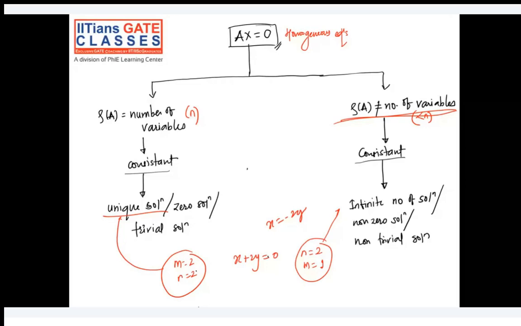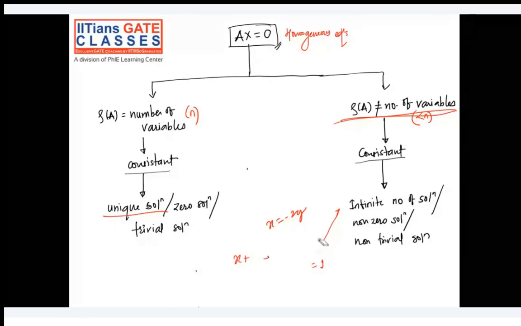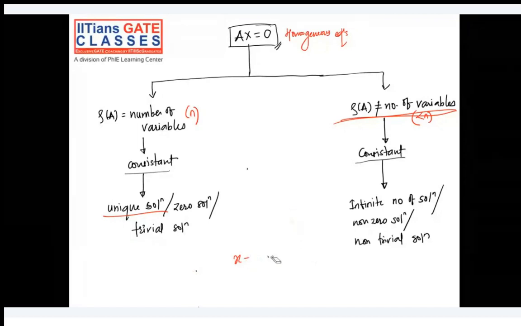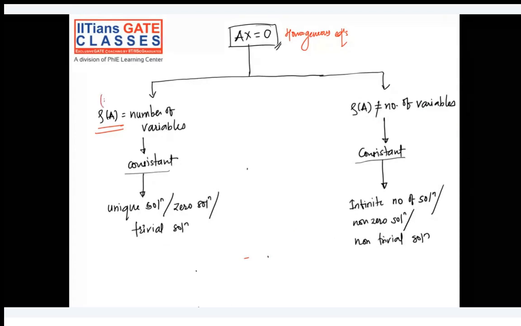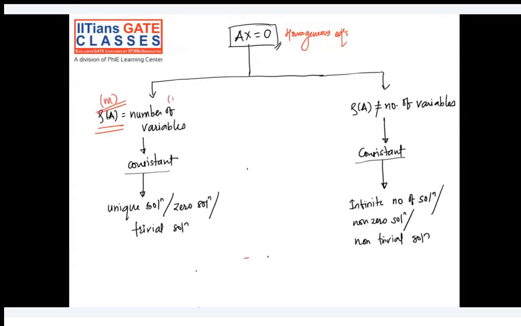If the rank of the matrix equals the number of variables, you will end up with a unique solution. Why? Because rank means the number of rows. Rank denotes m and the number of variables denotes n. If m is equal to n, that is, the number of equations and the number of variables are the same, you will get a unique solution. You can also call it a zero solution or trivial solution. Whereas if the rank is not equal to the number of variables,